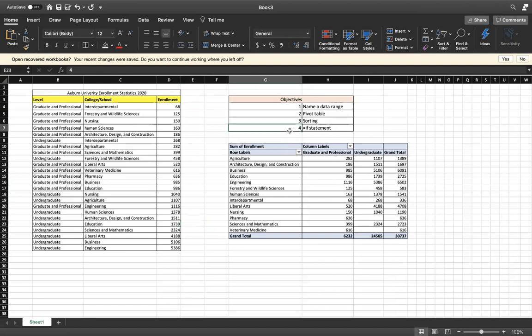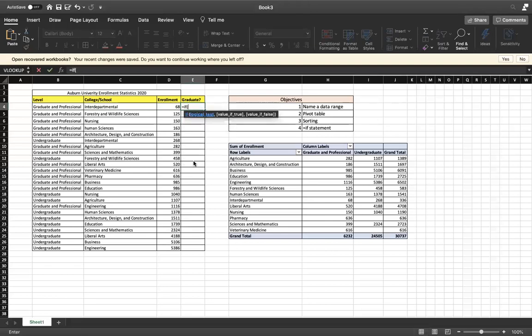Okay, and the final thing we want to do is create an if statement. So I'm going to create a new column, and I'm going to call it graduate question mark. And what I want to see here is whether or not this row here is a graduate or an undergraduate. So I'm going to click all borders. And the first thing you want to do in creating an if statement is always start with equal sign if open parentheses. And here it's going to ask you for a logical test. So my test is going to be whether or not this column here is graduate and professional or undergraduate. So I'm going to click if